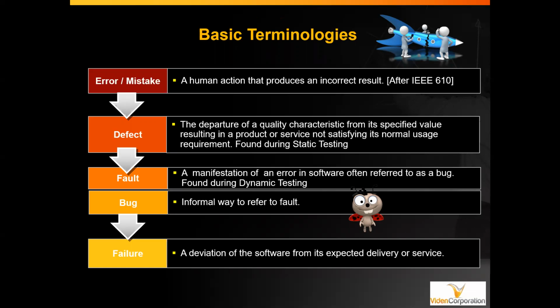What about a defect? It's the departure of quality characteristics from a specified value. Isn't that what I just explained, right? That you have requirements, which is the specified value. So if it's going away from the specified value,